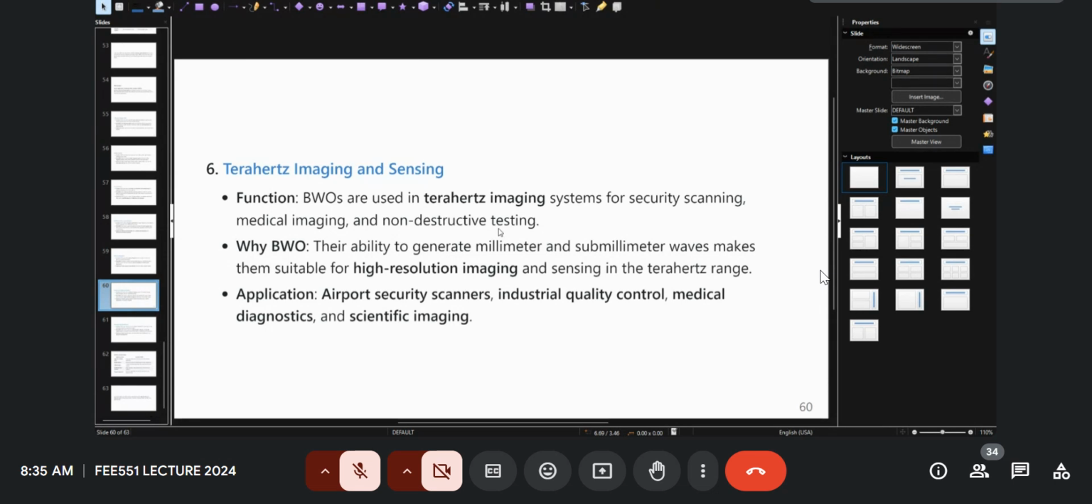BWO's ability to generate millimeter and sub-millimeter waves makes them suitable for high-resolution imaging and sensing in the terahertz range. They find application in airport security scanners, industrial control, industrial quality control, medical diagnostics, and scientific imaging. So you can see that so far the BWO is finding application in so many areas, even